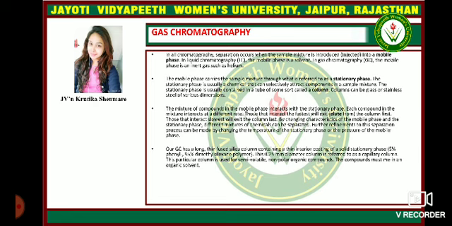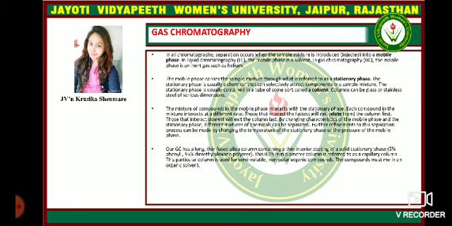A mixture of compounds in the mobile phase interacts with the stationary phase. Each compound in the mixture interacts at a different rate. Those that interact the fastest will exit from the column first. Those that interact slowly will exit the column last. By changing characteristics of the mobile phase and the stationary phase, different mixtures of chemicals can be separated. Further refinements to the separation process can be made by changing the temperature of the stationary phase or the pressure of the mobile phase. Our gas chromatography has a long thin fused silica column containing a thin interior coating of